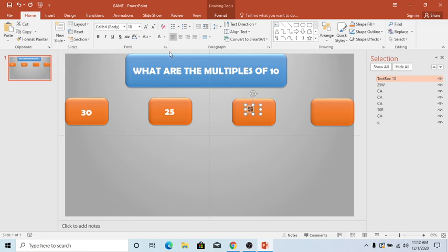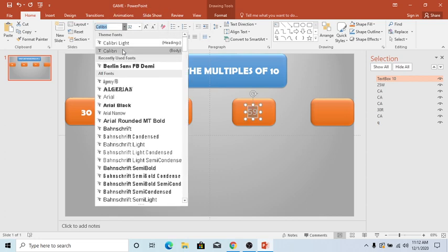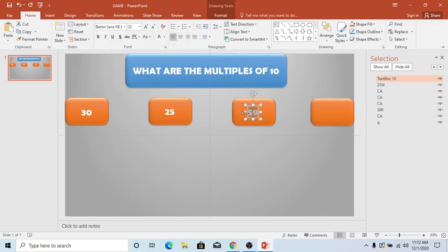Again we do the same thing: increase the font size, change the font style, click on the text box and make the adjustment. Since we have clicked on guides, we get the proper alignment. We go to the selection pane and rename the text box as 59W. So this is also an incorrect answer.